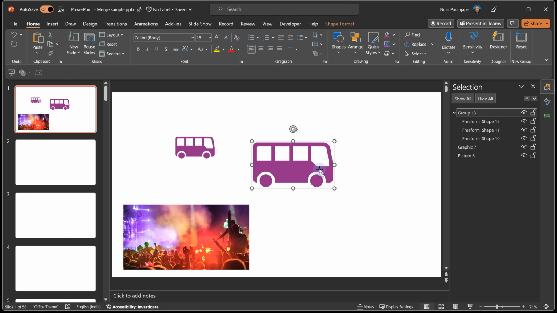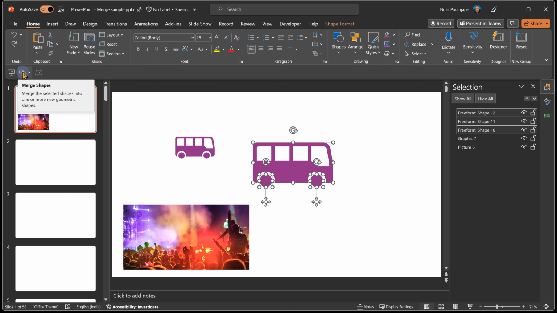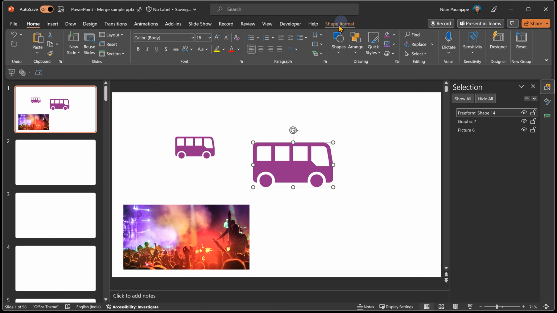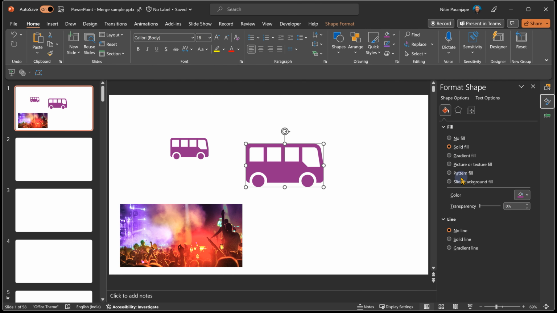Now that this is a collection of shapes, I'm not going to group it. I'll keep them as it is. And while they are selected, you know what to do. Anything to be converted to one thing is union. So you say union. Now it's a shape. This is a graphic. This is a shape. And because it's a shape, if I go to all kinds of formatting options, they are now available.